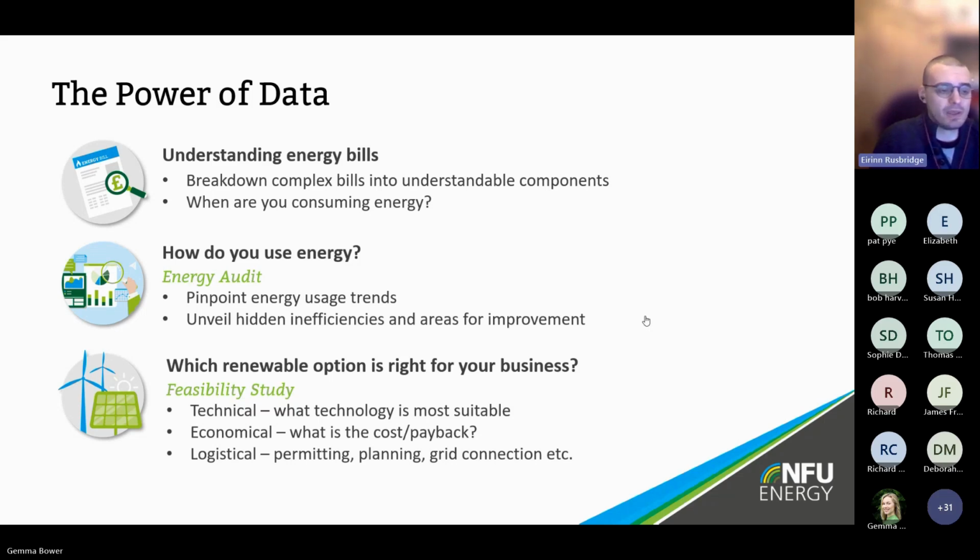whether it's something simple like including the energy infrastructure as part of your standard weekly site walkthrough, making sure that if there are any motors on site, they're not making any strange sounds, going into the cupboards that maybe you don't always go into to look at meters and see if they are incrementing in the way that they should. And then also frequent analysis: give somebody responsibility for that data, whether that's somebody internally or an external consultant, somebody like NFU Energy. Keeping on top of data and measuring and monitoring that data